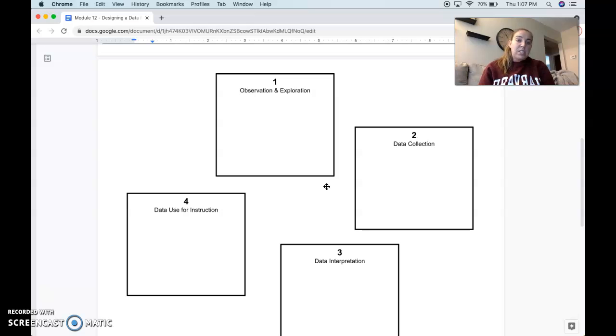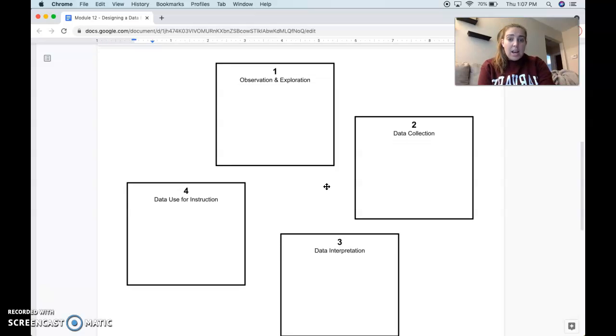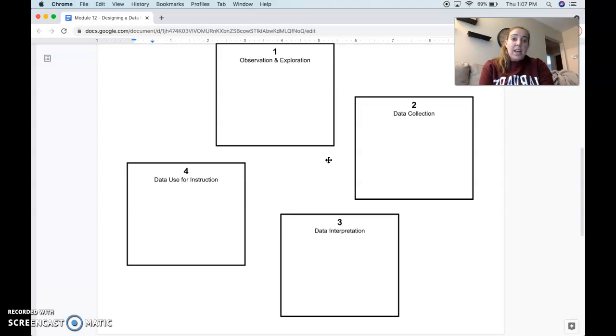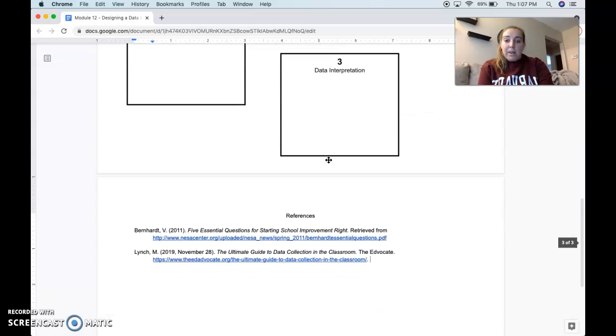with each of the 4 steps to help teachers really focus in on what data they need to be collecting, how it's being interpreted, and then really what's going to make it useful is how the data will be used for instruction. So this graphic organizer would be used as grade level teams, and then on the very bottom I listed some